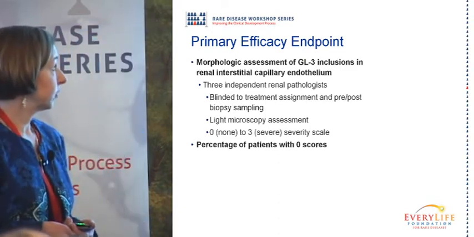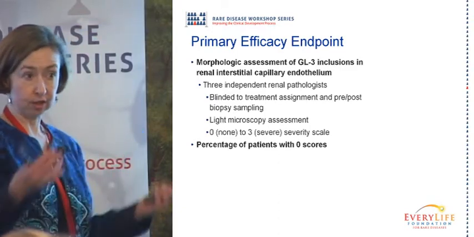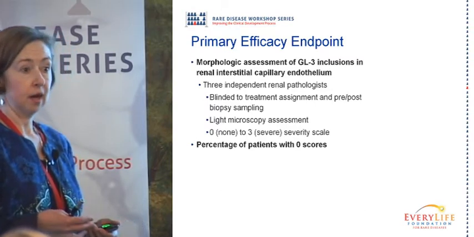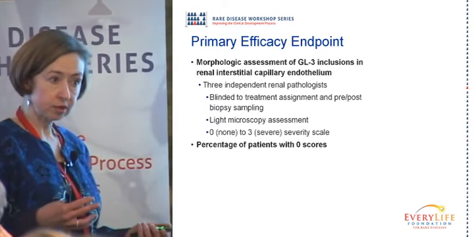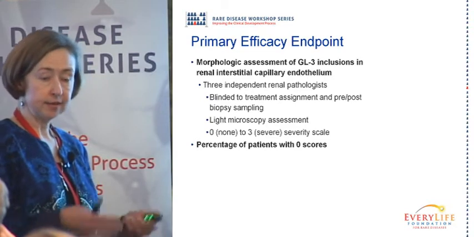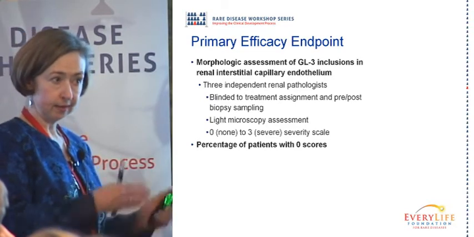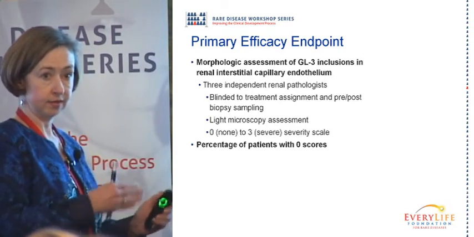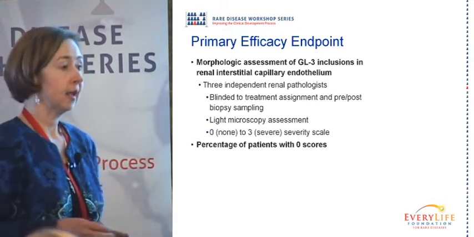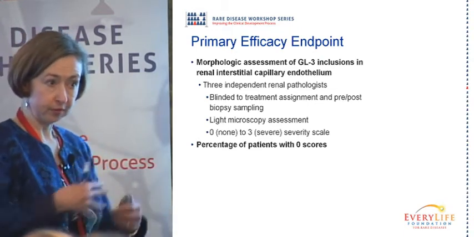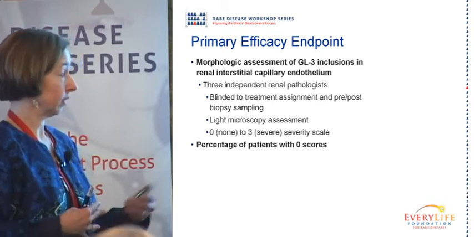Now, this was developed in conjunction with these pathologists. We sat around a multi-headed microscope looking at these slides, carefully developing the criteria for each of the scales, 0, 1, 2, and 3, and how we were going to do that to make sure everybody agreed before the blinded